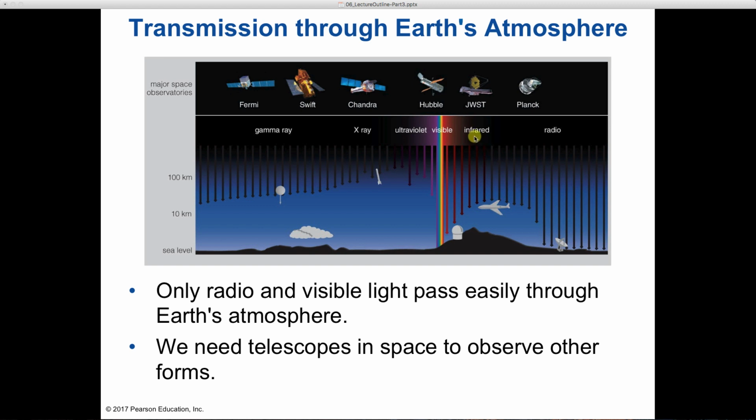And then, visible light can make it to the ground. So you don't necessarily have to put a visible light telescope up in space, but it does usually work out better. But then these other wavelengths, infrared, for example, if you wanted to look at objects that are giving off infrared light, that light does penetrate the atmosphere. It goes pretty far down. So there are some observatories, some telescopes. There's one called SOFIA, I believe is the name. It's actually in an airplane.